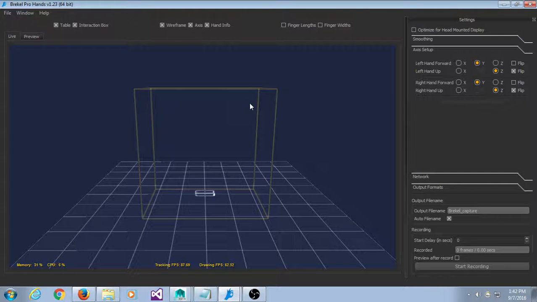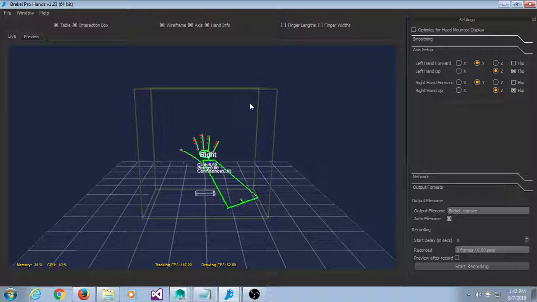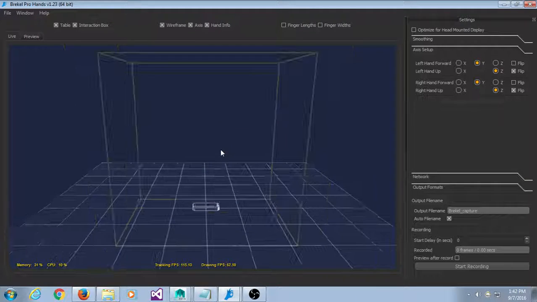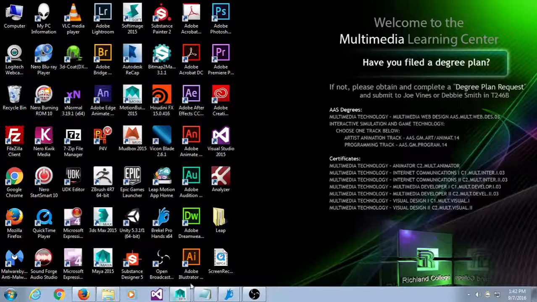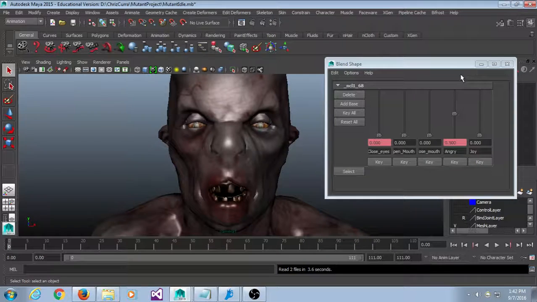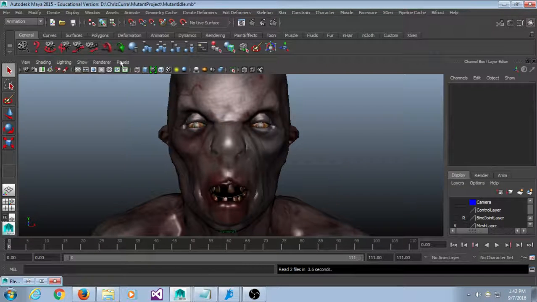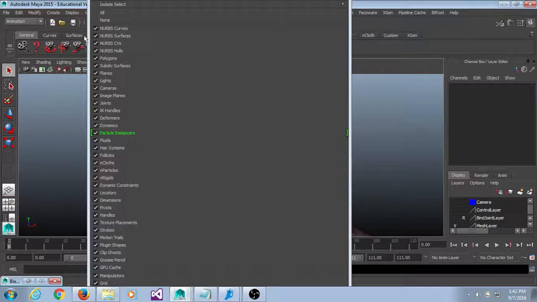So when you open up Brekel Pro Hands, you're going to see your hands and some fingers and stuff. Basically what we're trying to do here is we've got our guy, Mr. Dude, and we were doing facial stuff, so we'll switch to,